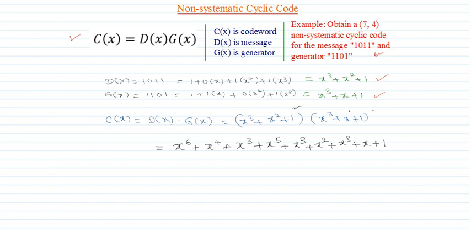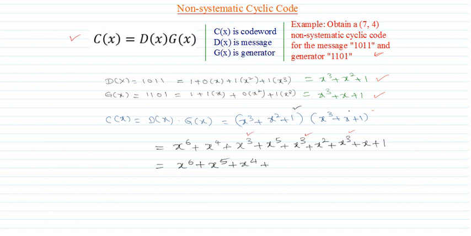Now let us see the terms and find out the final equation. Here, how many x to the power 6 are there? There is only one x to the power 6. I will write as it is, plus how many x to the power 5s are there? There is only one x to the power 5. I will write that x to the power 5, plus how many x to the power 4s? It is 1. So I'll write x to the power 4, plus how many x to the power 3s? So there are 3 x to the power 3s. This one, and this one. So since the sum is going to be 3, so 3 minus 2, it is 1. So in modulo arithmetic, if you are getting more than that, you have to subtract the total count by 2. So whatever the number that you get, that you have to write here. So here 3 minus 2 is 1.